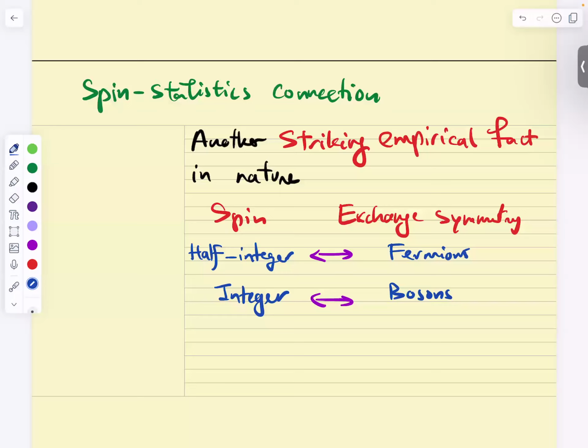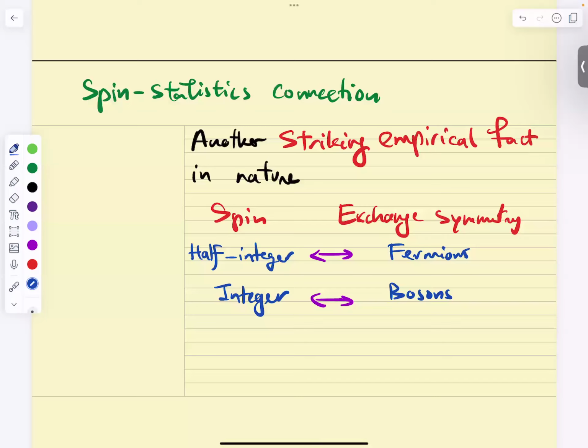That's what I'm saying. If you do not know about quantum field theory, which assumes what we're discussing in this course, it's an observational fact, an empirical fact. But we have discovered quantum field theory since, and we prove this. So quantum field theory says the following. It derives this. It says there must be spin for particles. It must be either half integer or integer. There must be exchange symmetry, bosons and fermions, and they must be related in this way. These are all successes of quantum field theory.